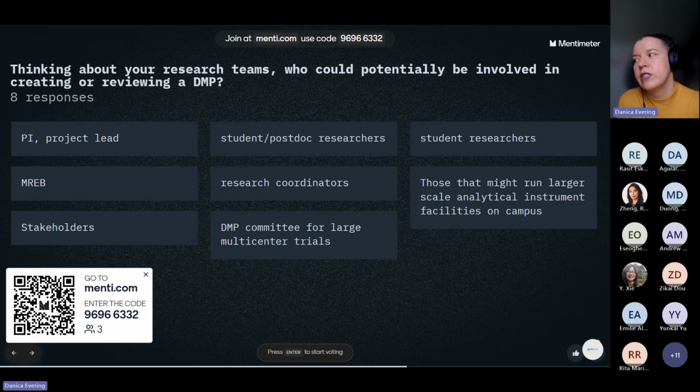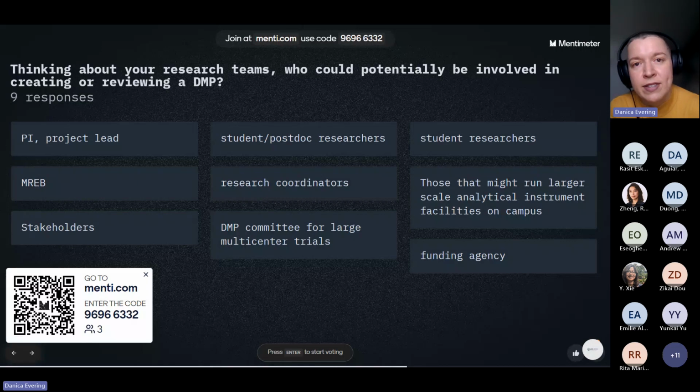And sometimes I'll just note on that point, we've seen people do a very large process-based DMP for the whole project that's like 50 pages long. And then they draw from that for the smaller projects. So you might have an overall umbrella DMP that addresses best practices, and then those can be copied into these smaller DMPs for more specific needs.